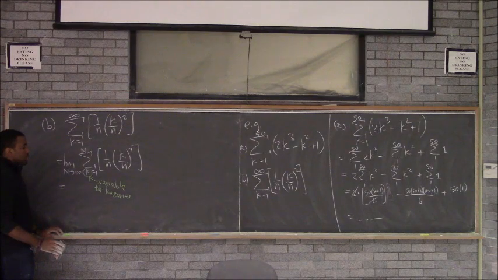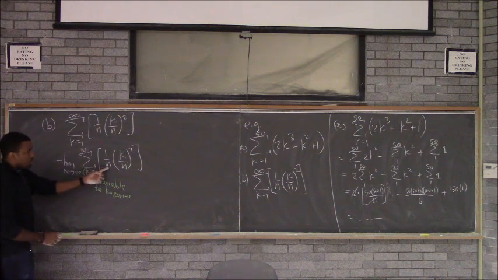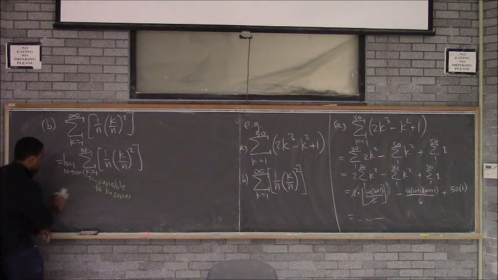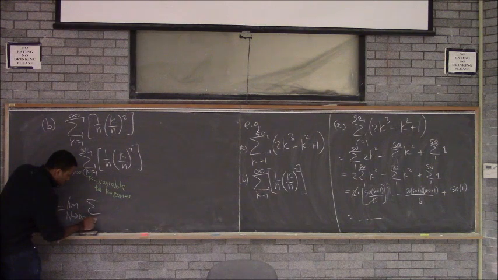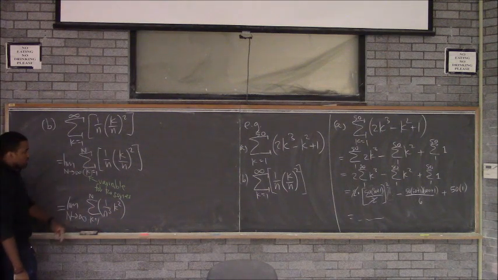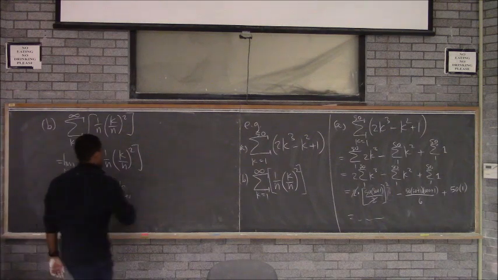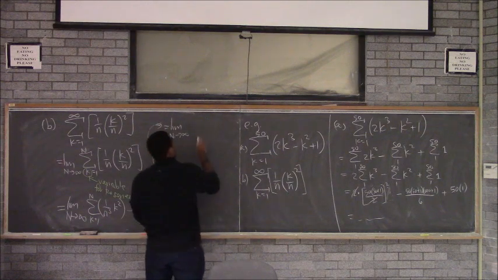I'm going to add those all up, which means anything that's not a k as far as the series is concerned is actually just going to be a constant. So, in other words, the small n, in relation to the series, is actually a constant. So what I'll realize I actually have is the sum, k goes from 1 to big N of, I can write this as 1 over n cubed times k squared. If I just multiply that out by the laws of exponents, that's going to be equal to 1 over n cubed times the sum